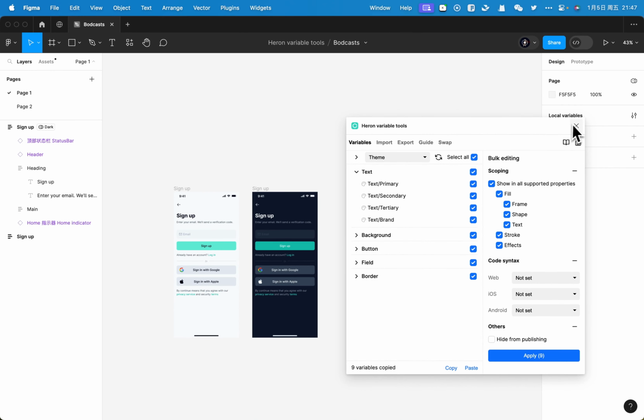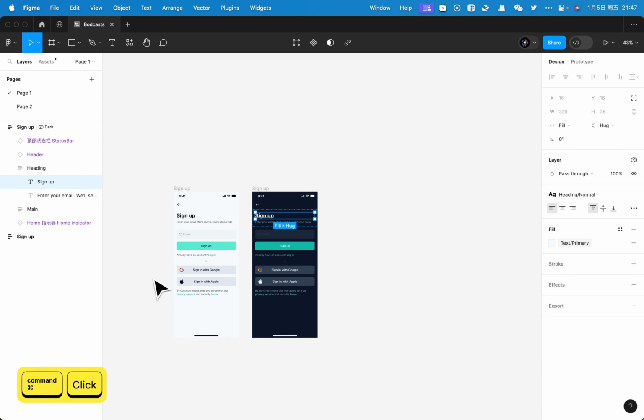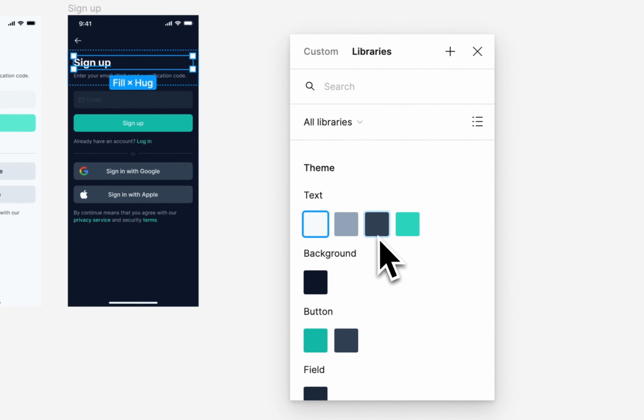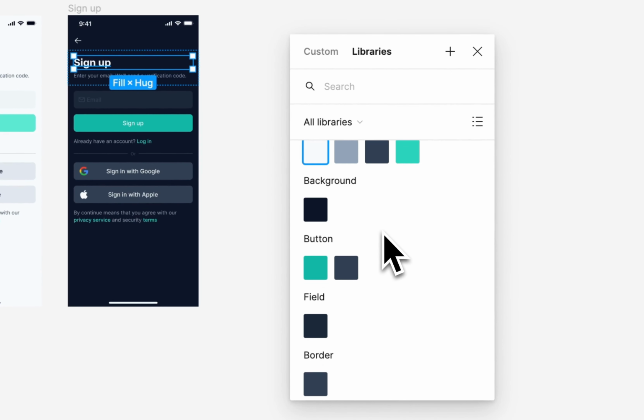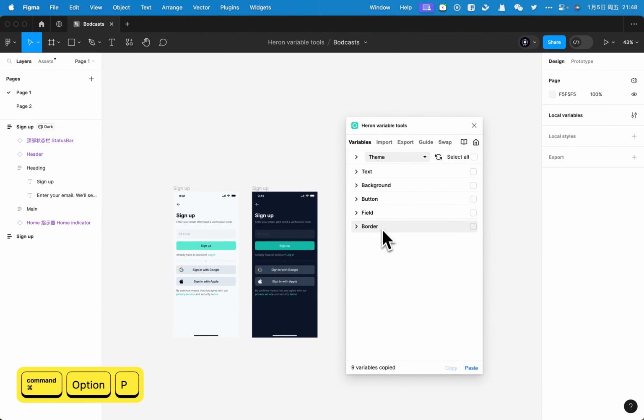So if you select a text and want to choose a color variable for it, you can see all the colors appear here, but we won't use these colors because they have a different role. We only use these 4 color variables. So let's open this plugin and